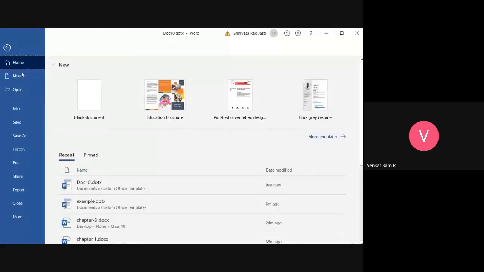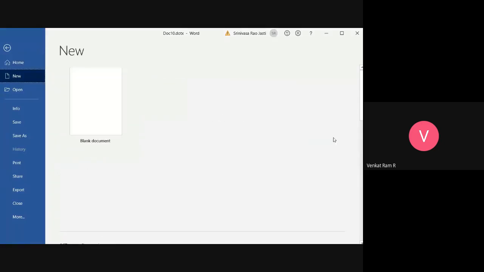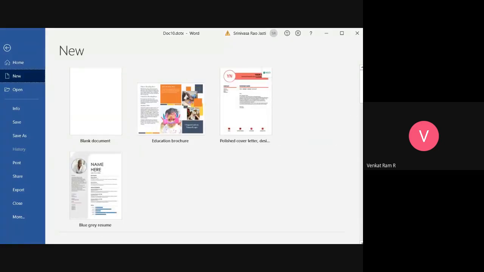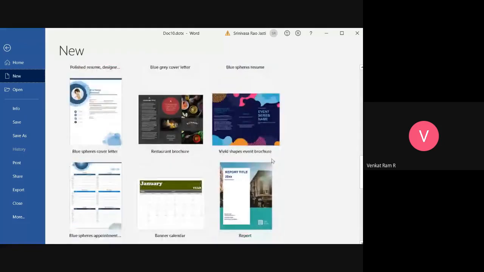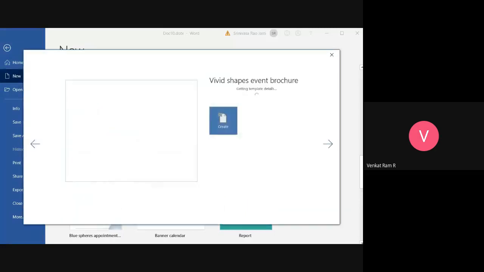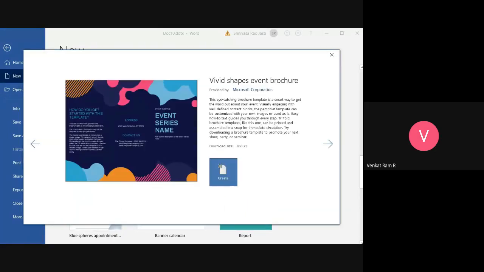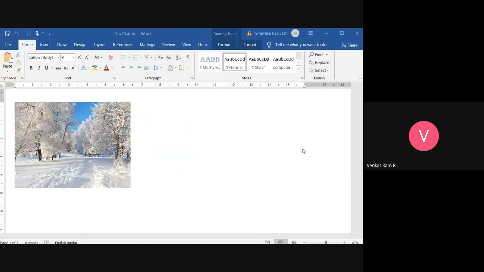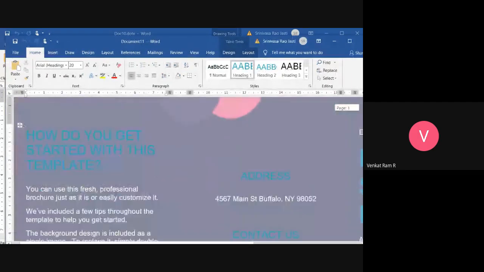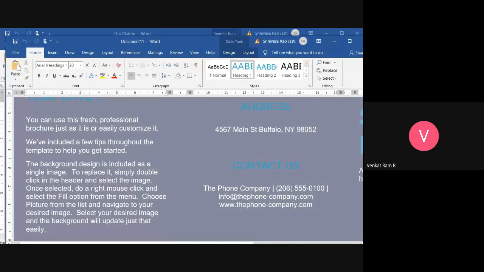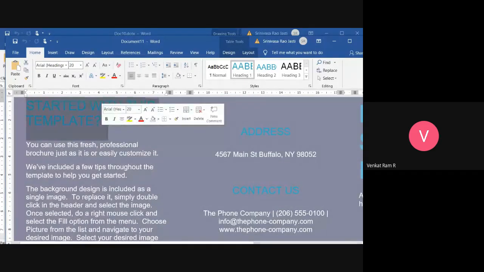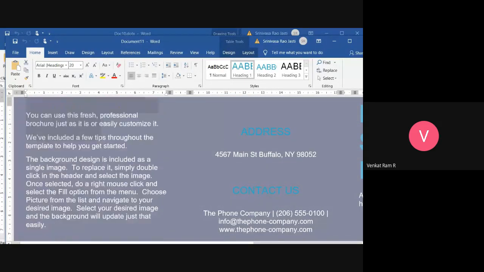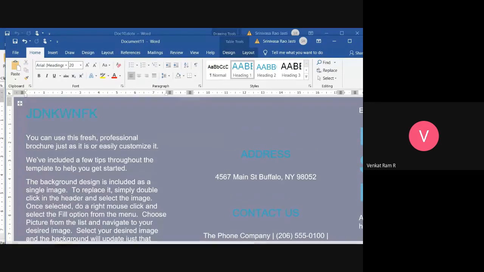If I want to edit, then click on any template you want to use. See here, some templates are present. Just open it, but before that, you have to click on Create to open it. If you want to edit this, just select the text and remove it and type whatever you wish to.